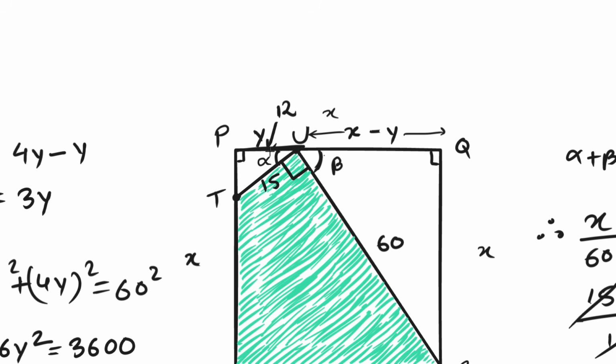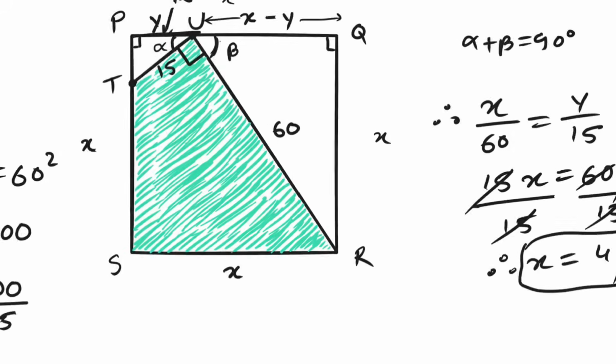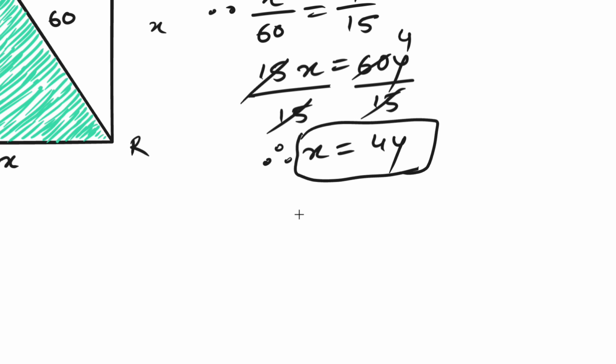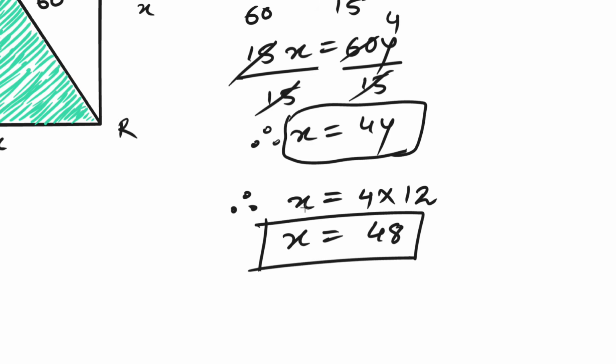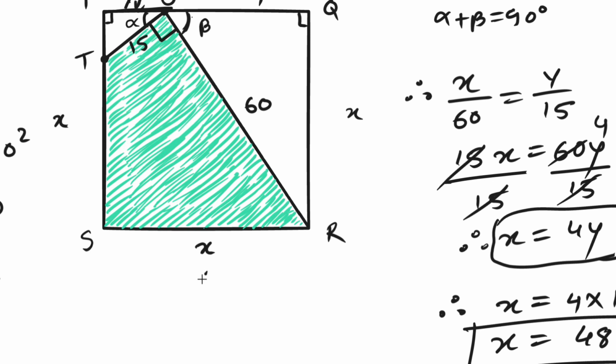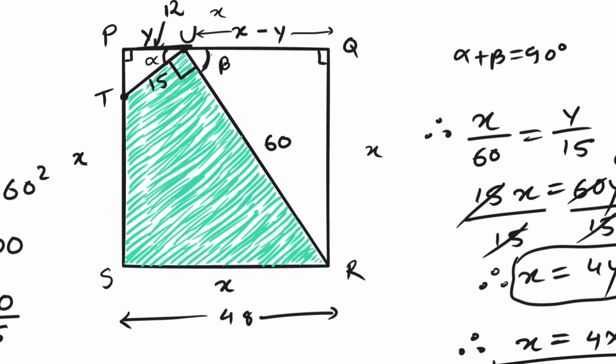Now we can find the side length of the square. Remember our earlier relationship, x equals 4y. Substitute y equals 12. So x equals 4 multiplied by 12, which gives us 48. Excellent. We now know that every side of the square has length 48 units. At this point, we are very close to the area, but we still need the vertical height of the lower